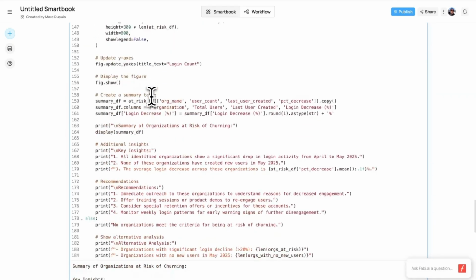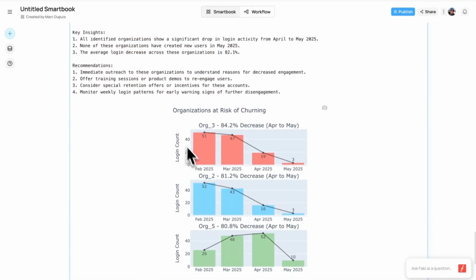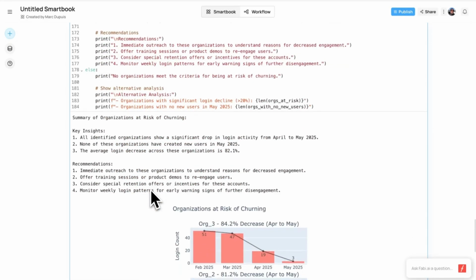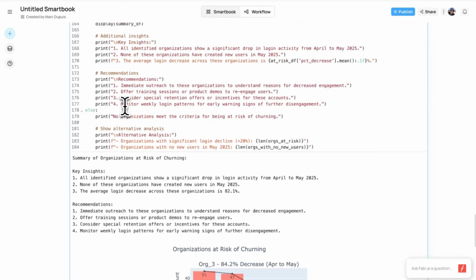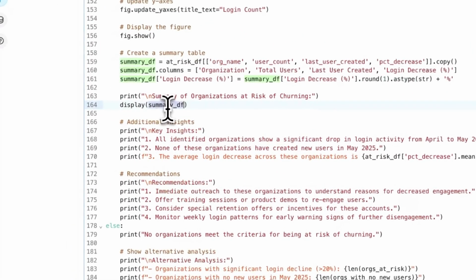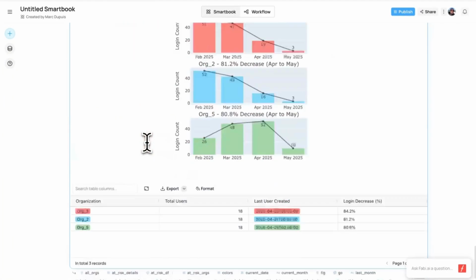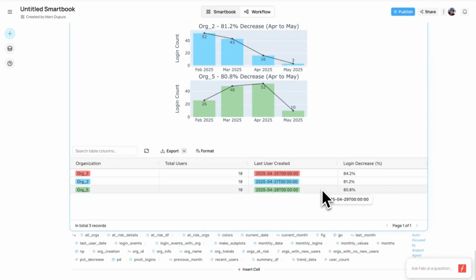But this is perfect. So now I actually have my orgs that are at risk, and that's stored as, let's go back up here real quick. That is stored as, I believe, my summary data frame. Yes. Okay. So now I have my 3 orgs with the information in the summary data frame, and I will now create an alerting system so that I get informed on a weekly basis if some customers are at risk of churning. So what I can do is go ahead and insert a cell,